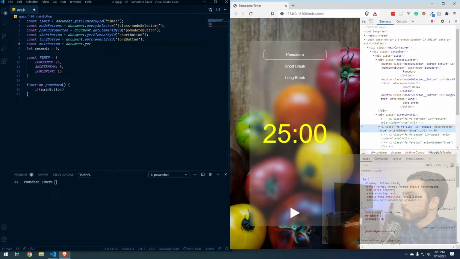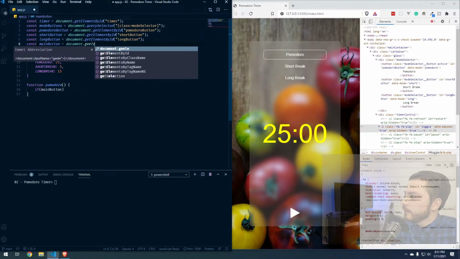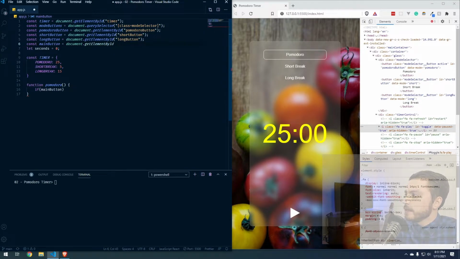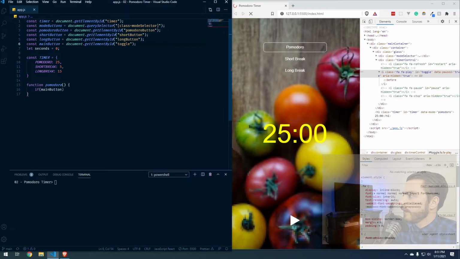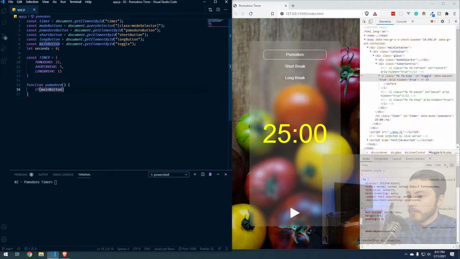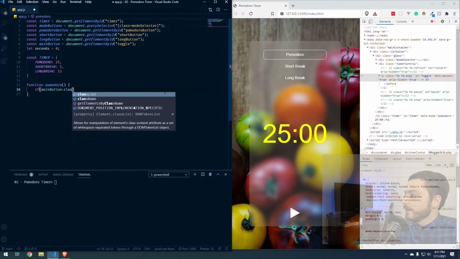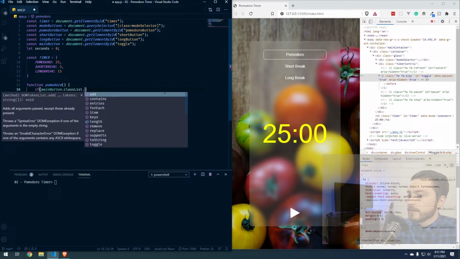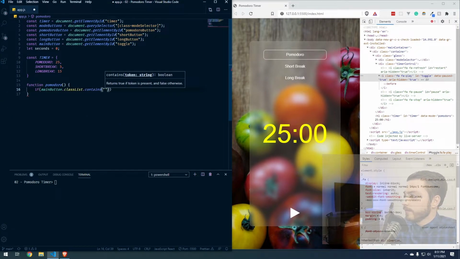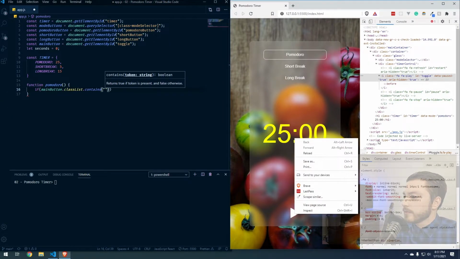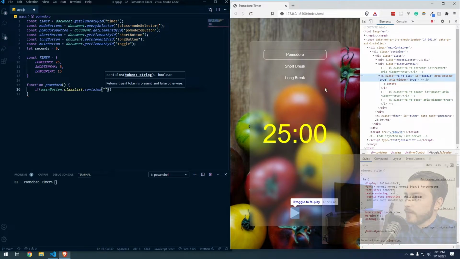ID toggle. Okay, get element by ID toggle. Okay, now we say if main button dot class list dot contains, and we're going to say fa play,